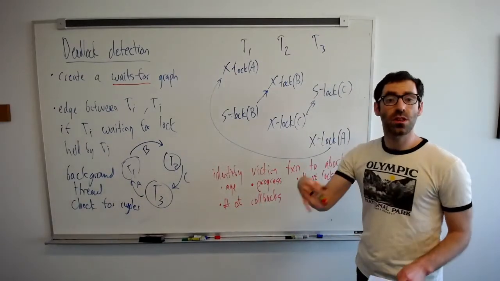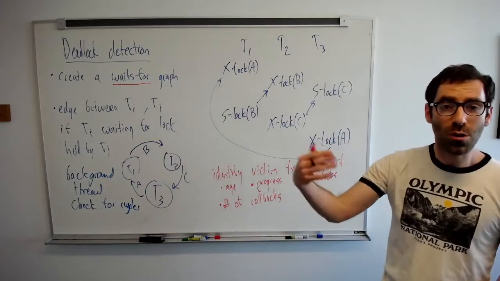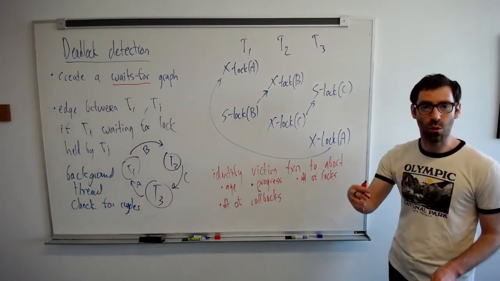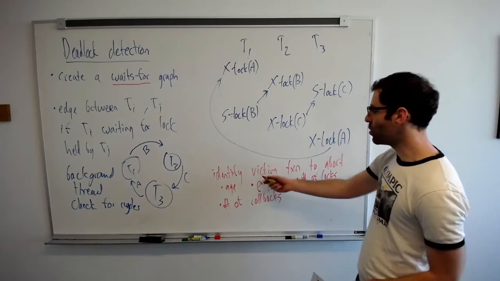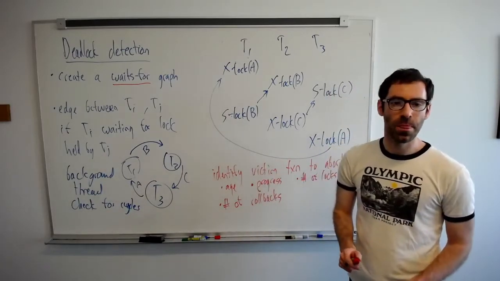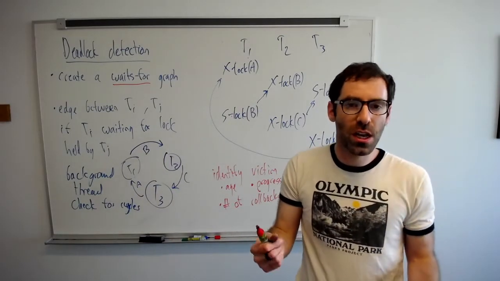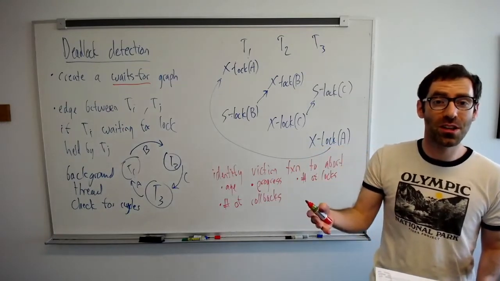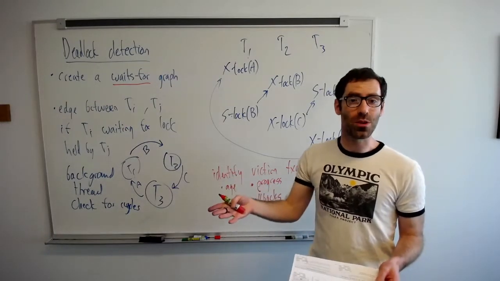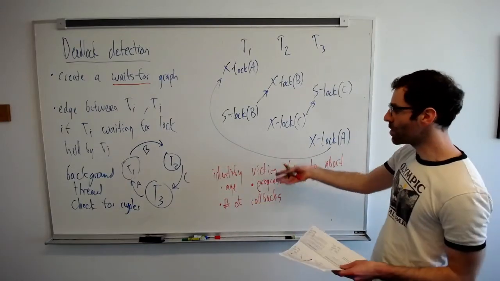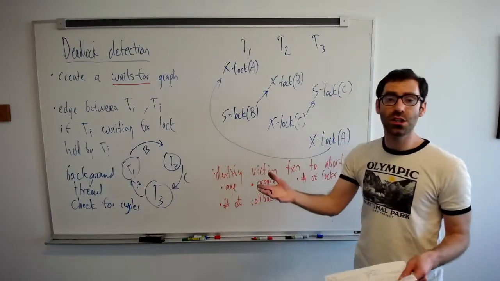You might also consider the number of transactions that you'll have to abort, undo, and roll back if you abort a particular one. And finally, we also want to take into account how many times a transaction may have already been aborted due to deadlock. We want to avoid a situation where